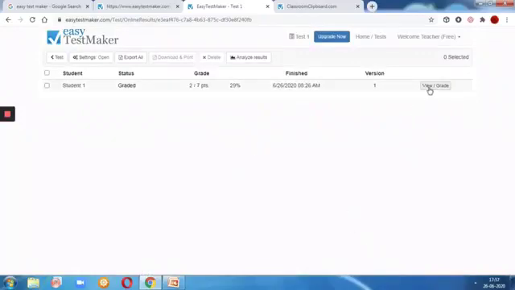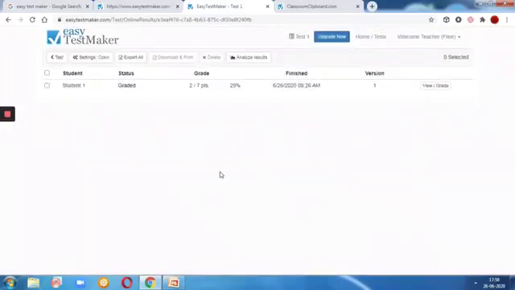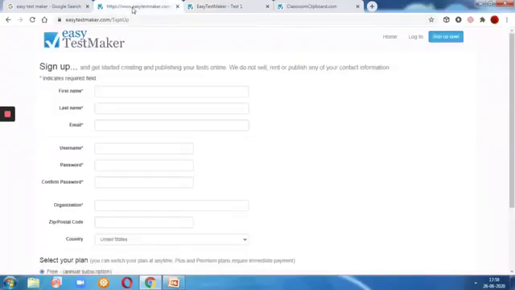Okay, here you can view the marks scored by each student. Thus, you can have a test, 25 test limit is there. You can store 25 results. Now we will see what are the advanced features have. We will go to the home page of this.